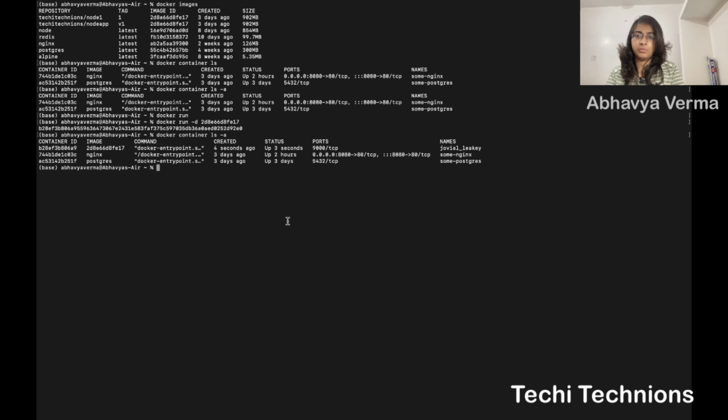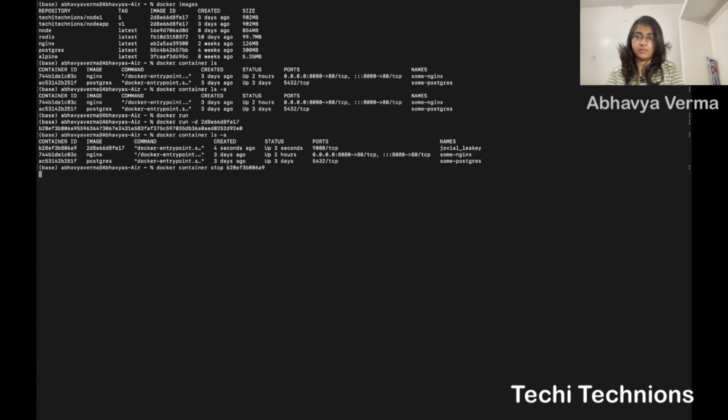So if I want to stop the container, I will use docker container stop, and then the container id. I want to stop it just to show you the difference between the ls and ls -a commands.